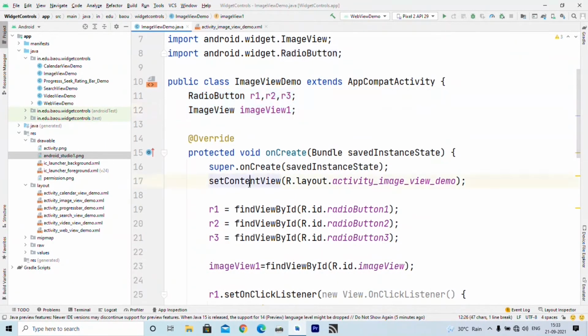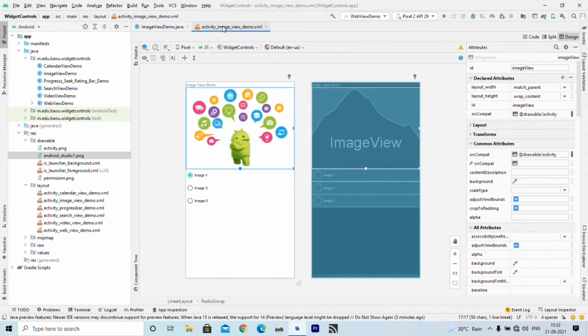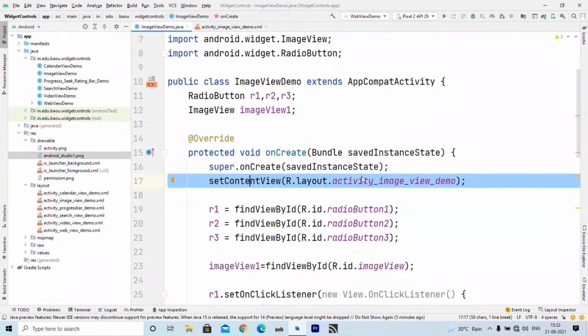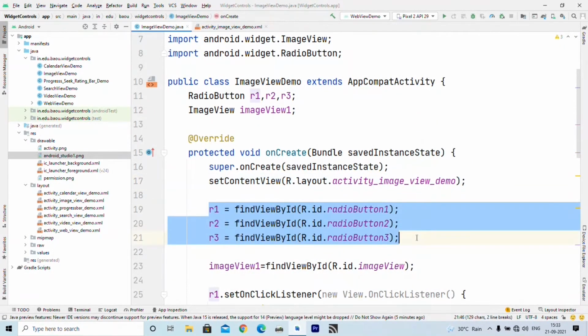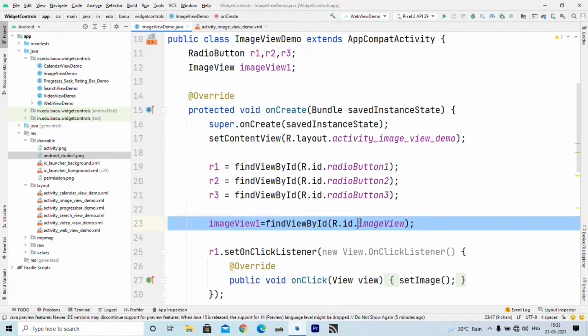Here my content view is set to activity image view demo, and I have initialized the 3 radio buttons inside R1, R2 and R3 respectively. Then I have taken the reference of the image view inside image view 1.